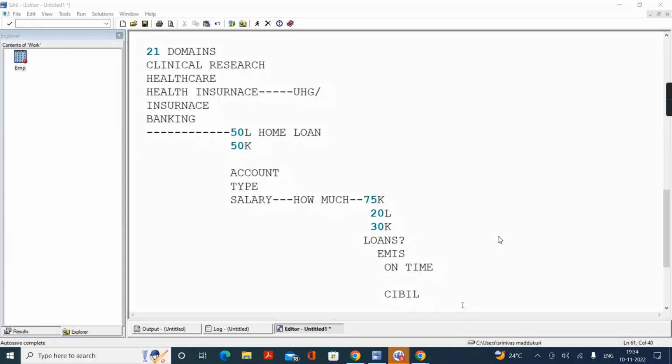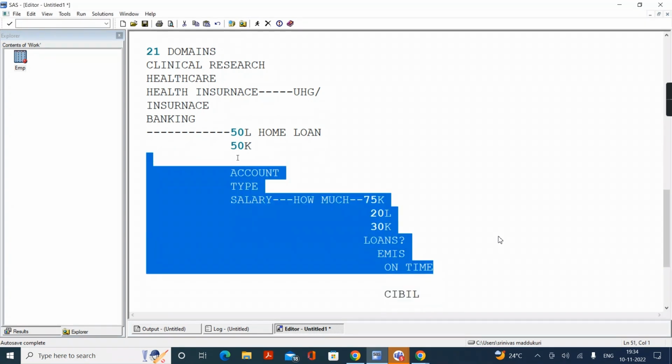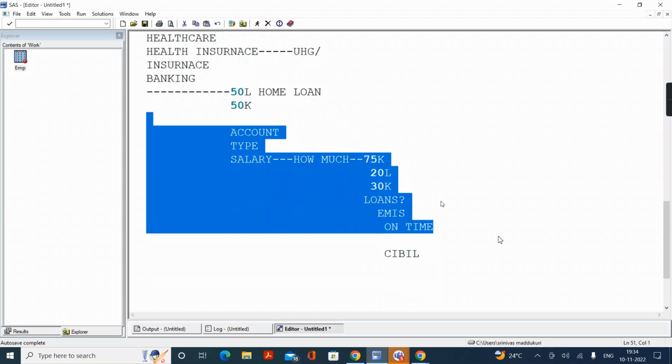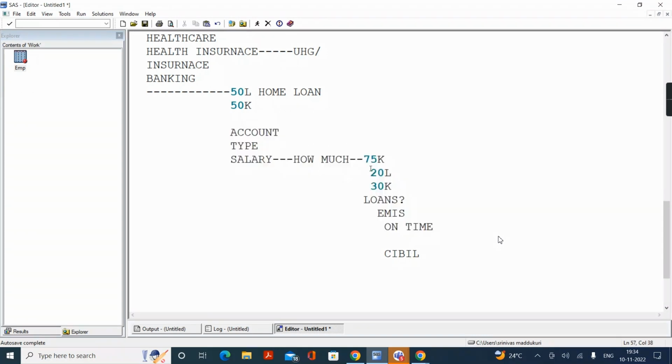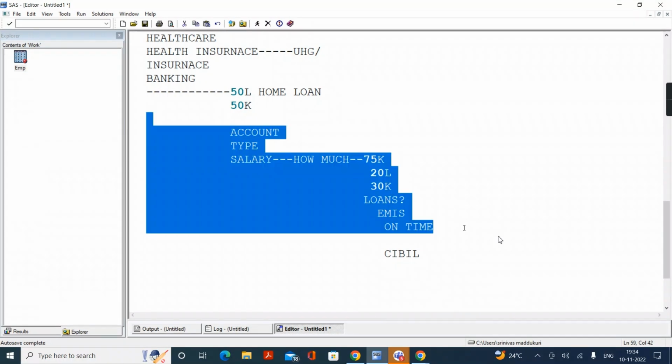So how are we going to get this CIBIL score? Again, they are going to analyze all our history. If your history is good, you are doing everything on time, if it is perfect and you have discipline, then your CIBIL score is going to be better. Then we are going to get the loan. And nowadays, based on the CIBIL score only, they are deciding the interest rate. So that means here also in the banking domain, there is going to be a lot of